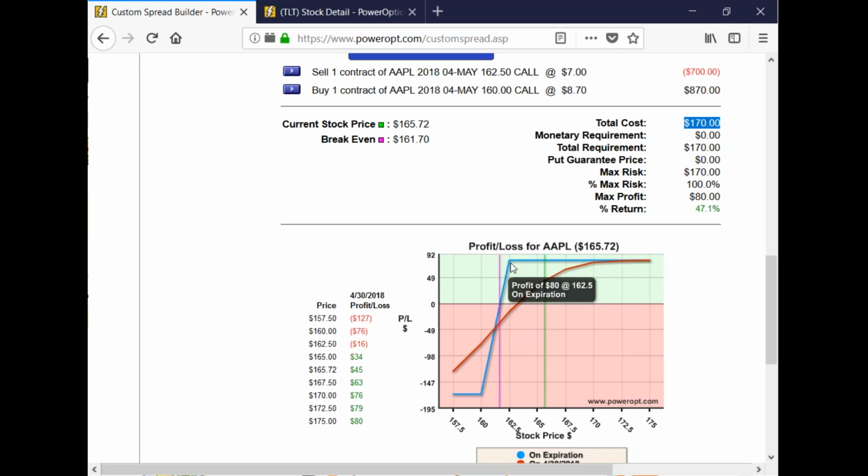Well, if you don't close it beforehand, you have to deliver 100 shares of stock at 162.50. So your broker buys at 160, sells at 162. You're out of the position you paid 170 in. You get 250 back from buying at 160 and selling at 162.5. So the max profit is $80 off of 170, or 47.1%. Okay? Exact same risk-reward profile